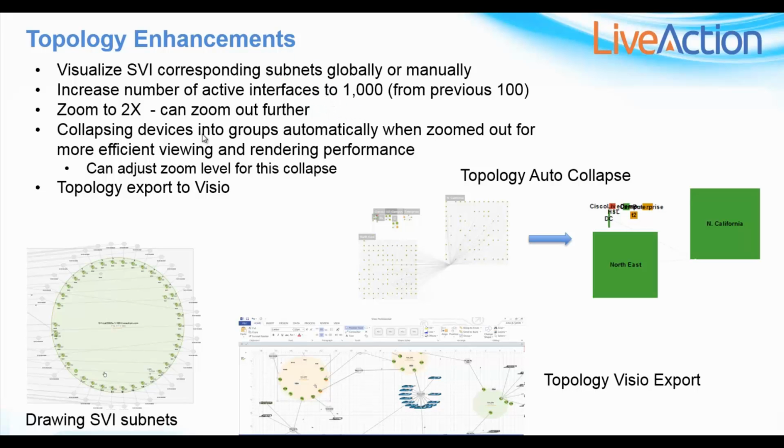Third, you can zoom the topology 2 times further than previous LiveAction versions. Fourth, LiveAction will automatically collapse the devices into group zoom at a certain zoom level for more efficient viewing and rendering performance, and this zoom level is configurable. And last but not least, you can export the entire topology or a particular view of the topology to Visio